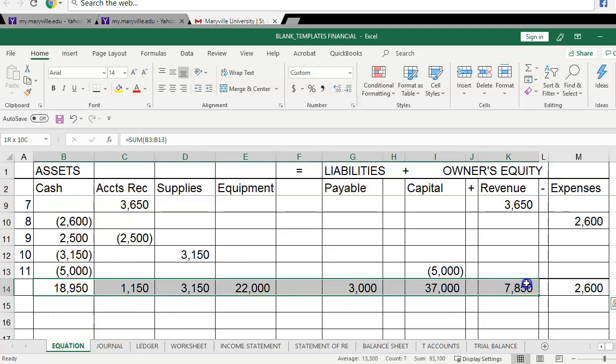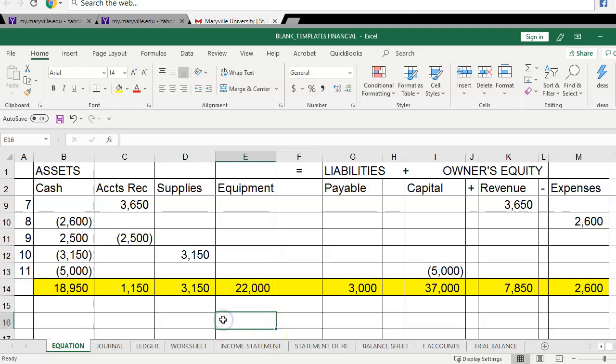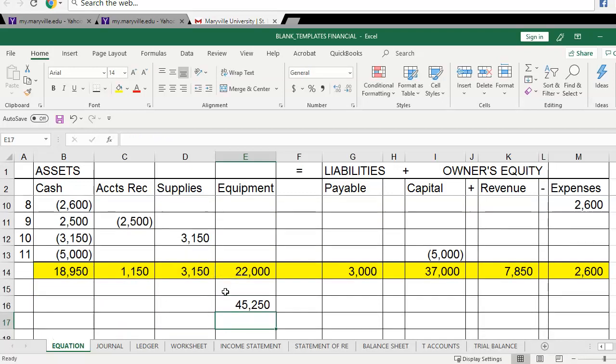So these are the totals of the accounts at the end of the accounting equation. The accounting equation must show a total for each of our various accounts for cash, accounts receivable, supplies, as well as equipment. Let's get a total of our assets. We got cash plus accounts receivable plus supplies and equipment. So our assets total